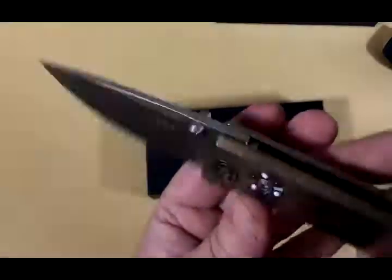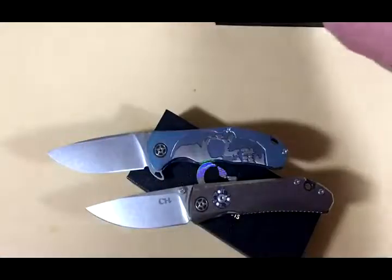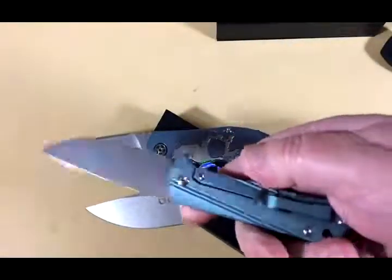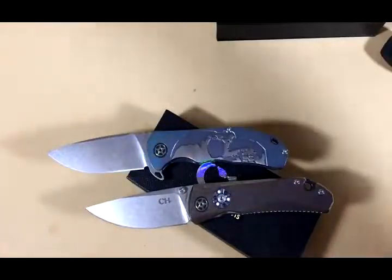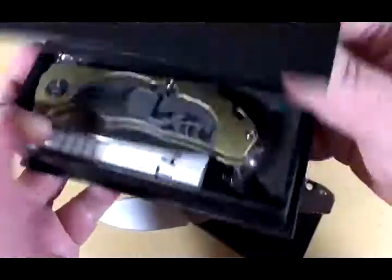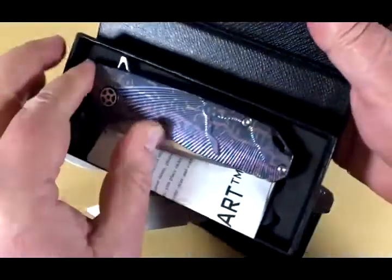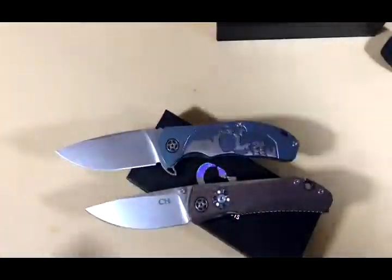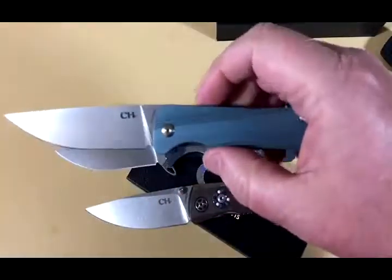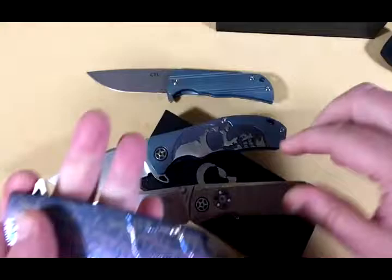So, wow, I really like these CH knives, don't you? If you have this, and I know, Brian, you got this out there, so you could pipe in. But this one I just did, a smaller version, titanium frame lock flipper. It's just a CH party. It's crazy. And there's the gold one. There's the bronze one. And they all work great. They're all awesome knives. And then, of course, this crazy thing, which is the 3501. So, okay, we got the 3001, we got the 3504, the 3503, the 3501,